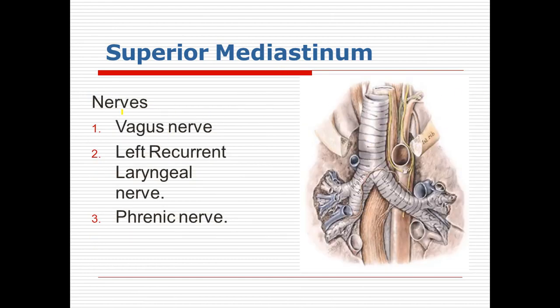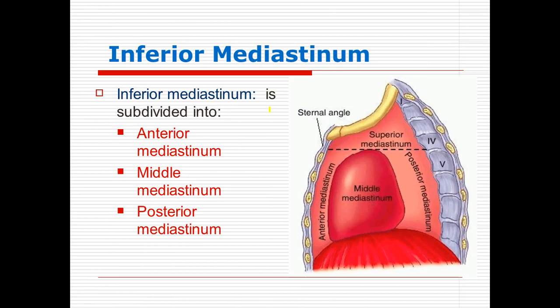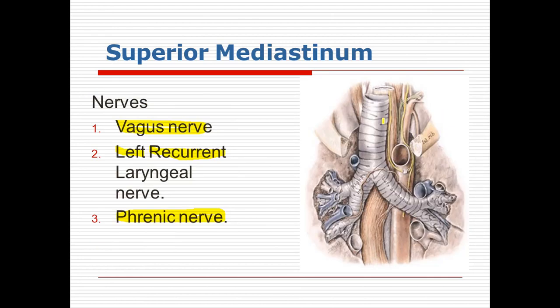Then in case of nerves, we have vagus nerves on both sides, right and left vagus nerve, recurrent laryngeal nerve on left side in superior mediastinum, and phrenic nerve on both sides, right and left. So these 5 nerves are contents of mediastinum. And there are other viscera which include trachea. Here we have trachea that divides into 2 bronchi, and then posterior to trachea we have esophagus. This is esophagus, this is trachea, and we have thymus. These are also included in superior mediastinum.